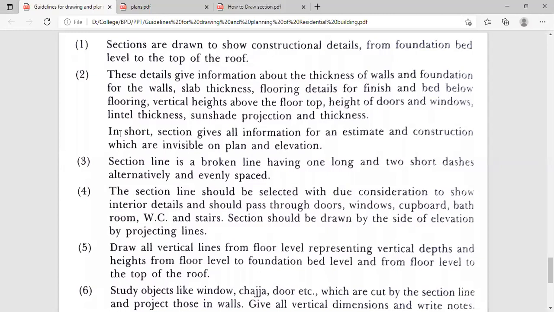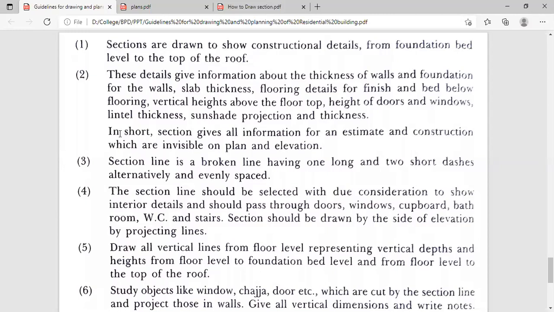By mentioning those things in the section, we can go for the estimation of the building, means how much construction cost will be there. We can easily determine that if we know how much quantity of a particular type of material is required.